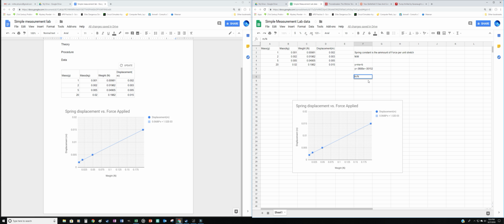But we don't want meters. We don't want meters over newtons. Meters should be lowercase m for both things. For the spring constant, we don't want how many meters per newton. We want how many newtons per meter, right? That's the whole point of this. So what we can do is,